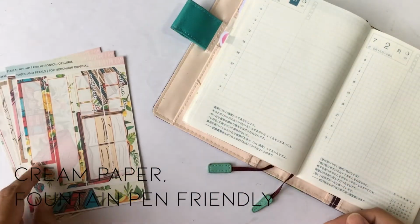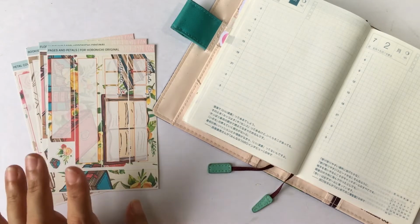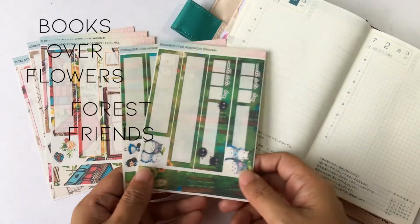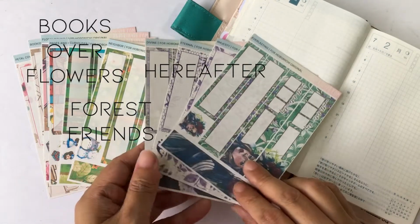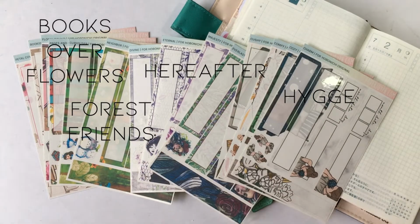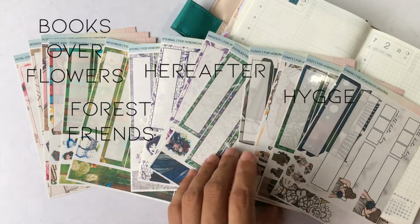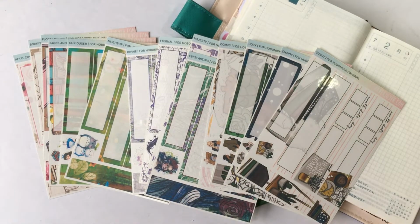That's very important for me because I do use fountain pens on my Hobonichi, because Tomoe River paper is very nice for fountain pens. So this one, once again, is the Books Over Flowers. This one is the Forest Friends collection for Hobonichi A6. And then I also showed you this one, which is for sheets, for sticker kits in the Hereafter Collection. And then I also showed you Hygge Collection. Also for the exclusive, by the way, this sticker kit is exclusive for the Hobonichi Original A6 collection. So if you have an A6 and a Weeks,